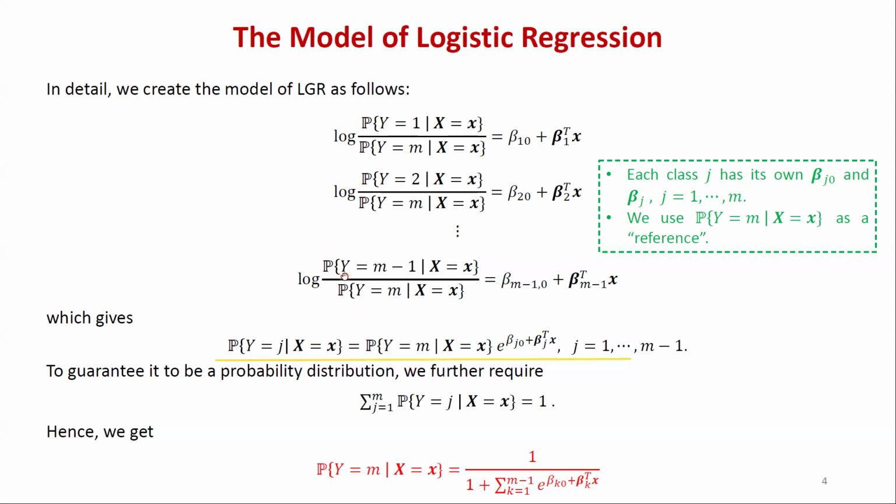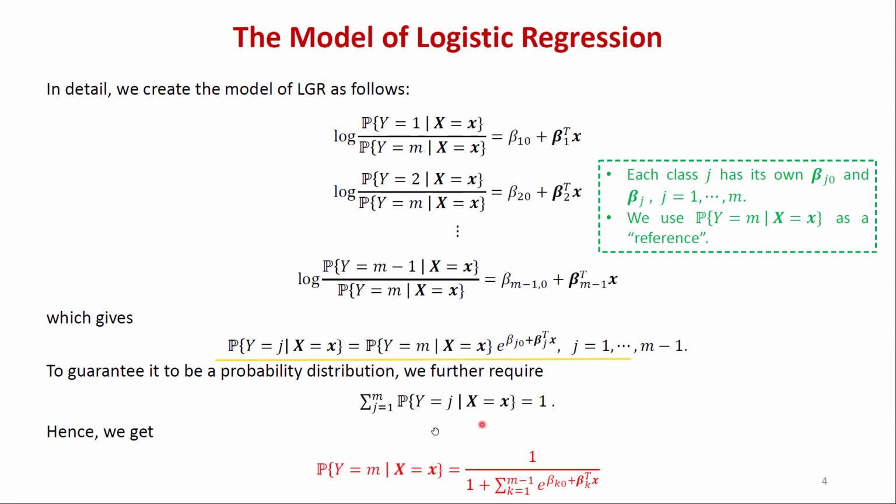Well, the point is, don't forget that this is a probability distribution, meaning that the summation of j from 1 to m of this must be equal to 1. And hence, you see what I mean? I can immediately get something, which is I just sum all of them, it must be equal to 1. And since I have this representation for all of them, I can just represent by this probability y equal to m and x equal to x. And hence, I immediately get this formula, which is the probability y equal to m given x equal to x